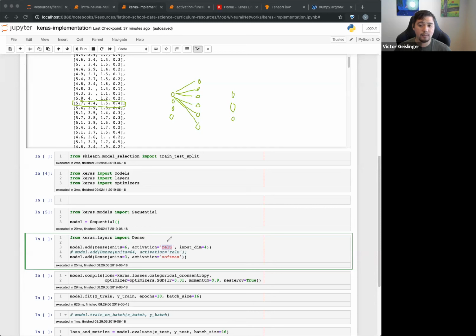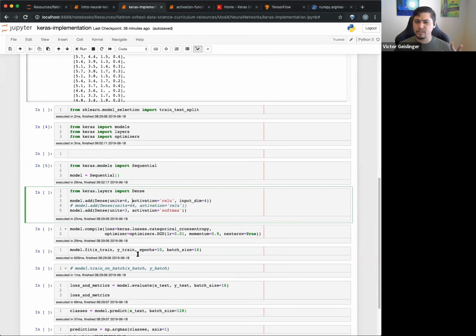If I were to uncomment this out, let's say I put input units of, I don't know, let's say 4, then I would just have 4 right here. Okay, and it would all connect to here and then connect to here. So you can build complexity. The more complex you have, the more likely you're able to describe the mapping of your classification from your inputs to your outputs, but it takes more time. So that's the trade-off you make. In this case, this is just a small data set. I don't even think I need high complexity, but I can show you. So we have our 6 units here.